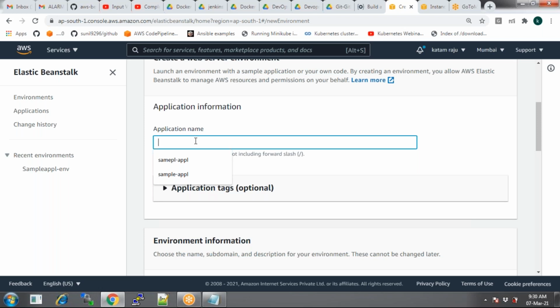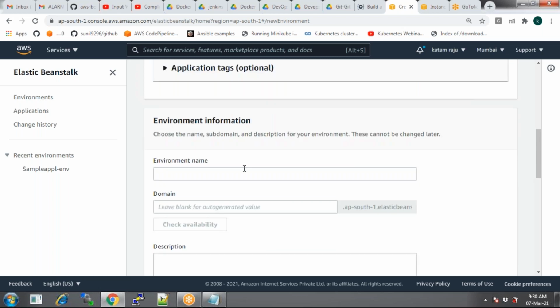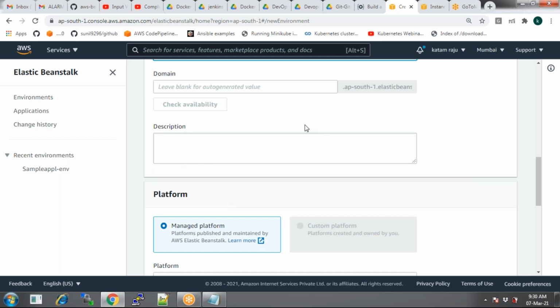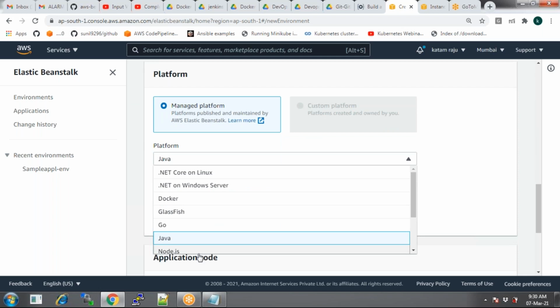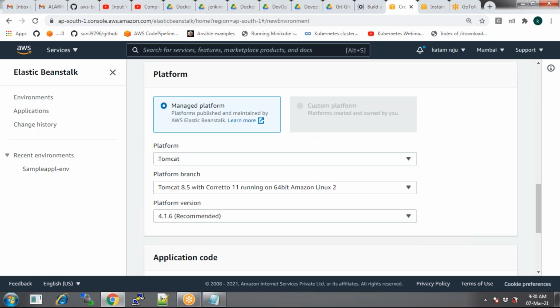Okay, good. So give some name. Let's say application one, the name of the application, and then some environment name. So go with application one environment. Just leave these as they are and then select the platform. For my purpose, let's say Tomcat. Tomcat will be pre-installed on it. What is Tomcat?